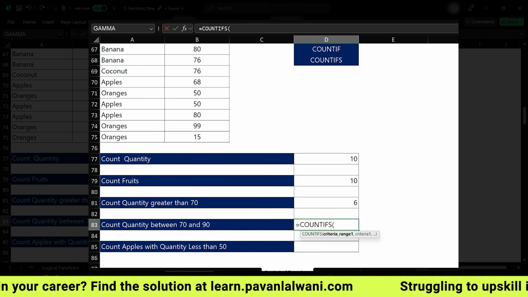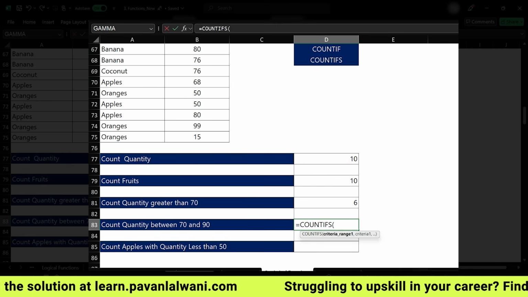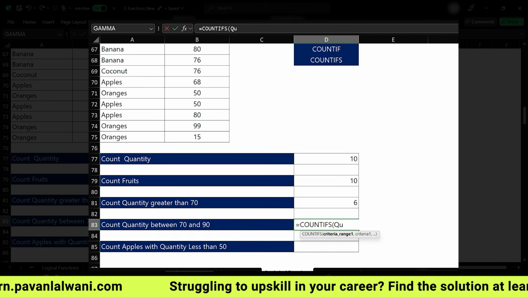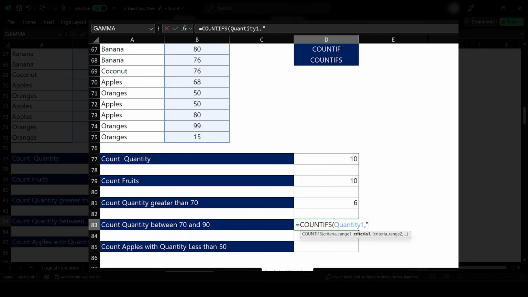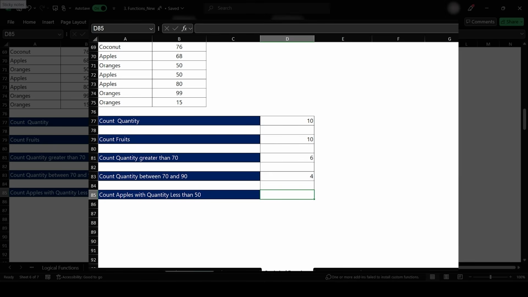The criteria range would be quantity 1, comma, criteria 1 is greater than 70, and comma, again quantity, close bracket, which is less than 90. Enter. So now the next one is how to find the count of apples with quantity